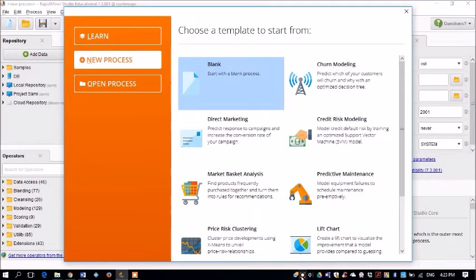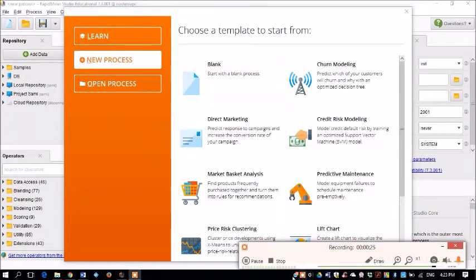There are several ways to create a recommender system, but the most popular of them are collaborative and content-based filtering. In my case, I am going to use collaborative filtering because it will consider users' habits from the past. So at first, I need to open RapidMiner and open a blank process,